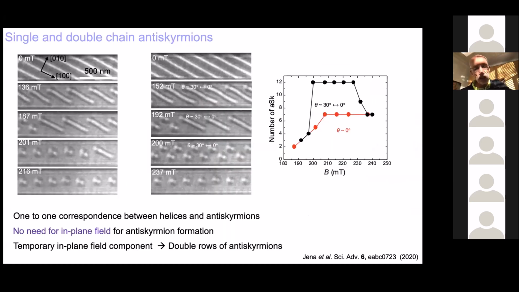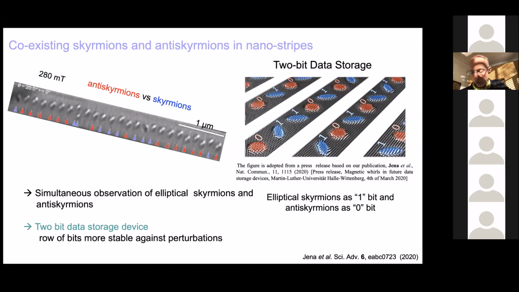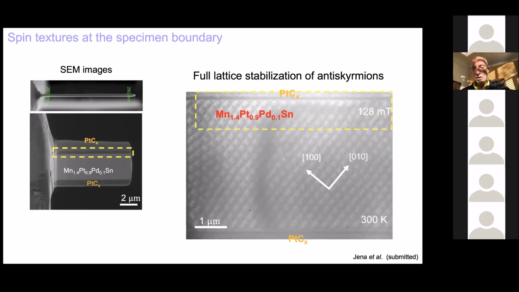Here we just show we can see one row of anti-Skyrmions or two rows of anti-Skyrmions, but I don't want to discuss that. And we potentially could make racetracks by using two distinct topological objects, one as a 0 and one as a 1. And I want to just briefly then, I'm running out of time, say that